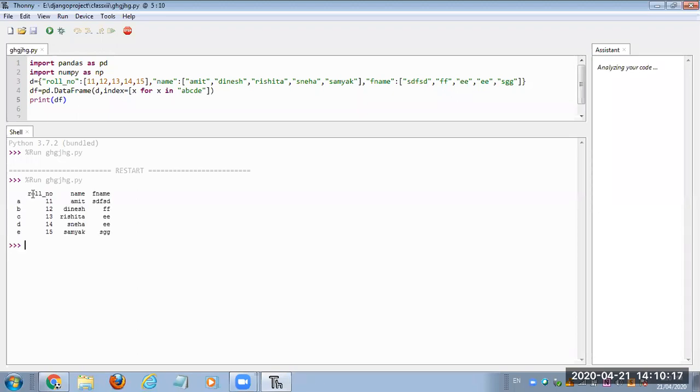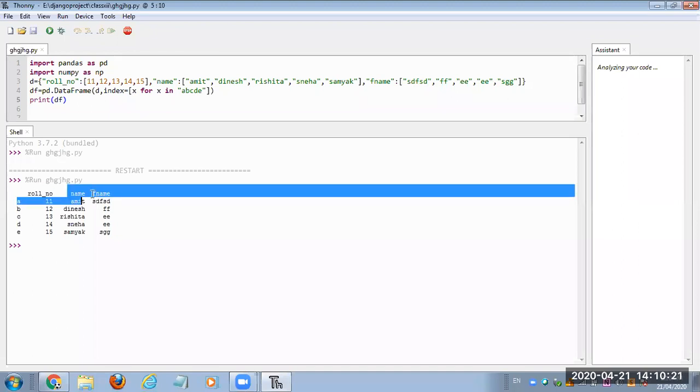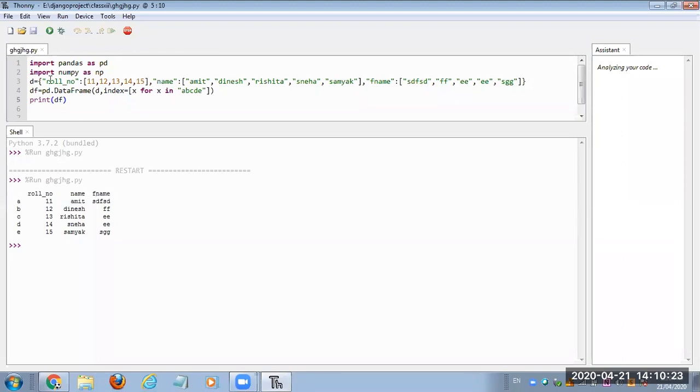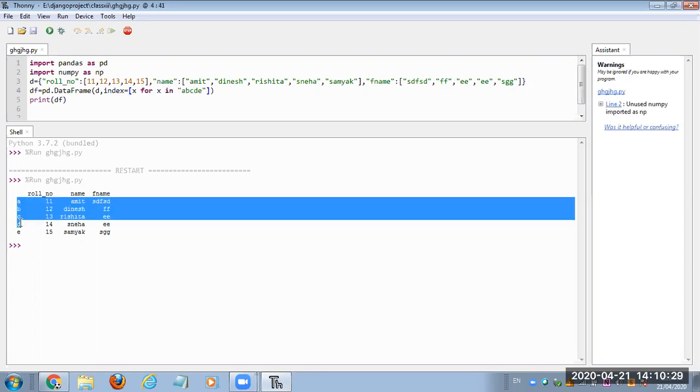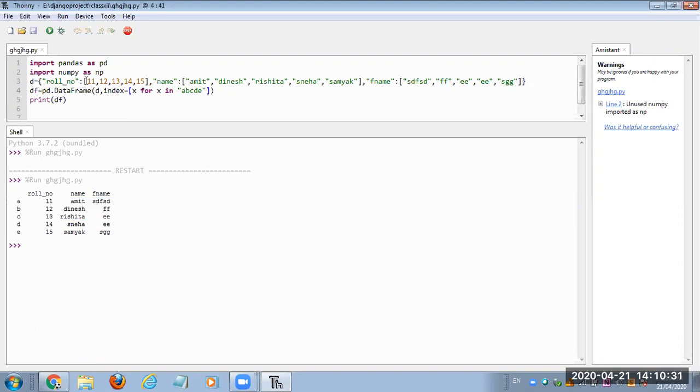This is a simple output: roll number, name and F name. These are the columns because these are the keys of the dictionary. And I have assigned the indexes also, A, B, C, D, E. And this list is assigned vertically, 11, 12, 13, 14, 15. So assume that this is a data frame.